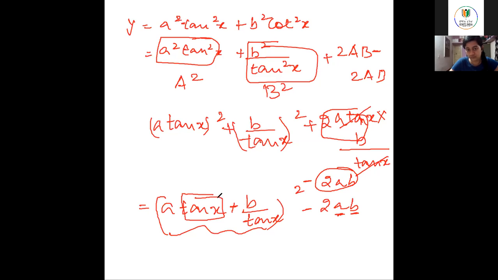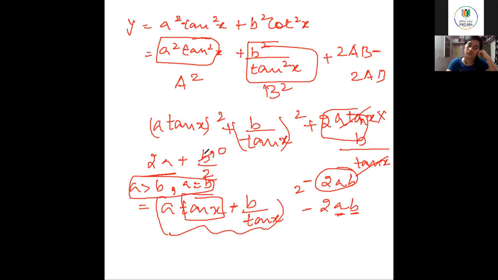If they give you a hint like tan x is an integer, what do I mean by tan x is an integer? If I take tan x is equal to, for example, 2 for some value, then I have 2a and b by 2. Then it's pretty obvious that I take b is equal to 0, so I have 2a, twice the value of a. Okay, given that a is greater than b or a is equal to b. So for these two cases, you can take b is equal to 0.